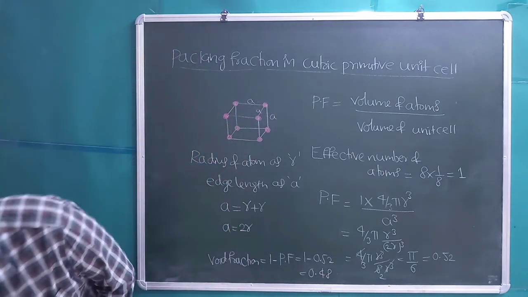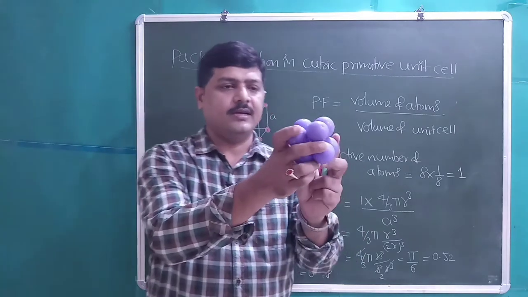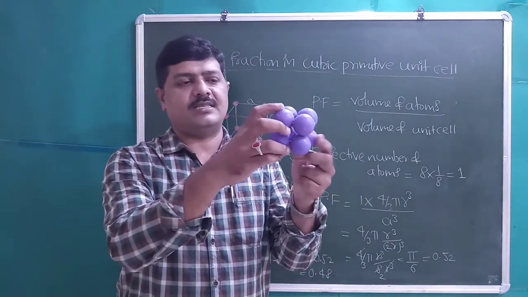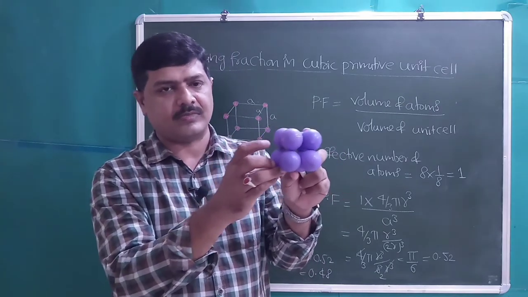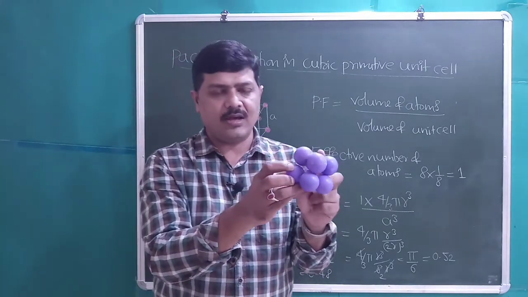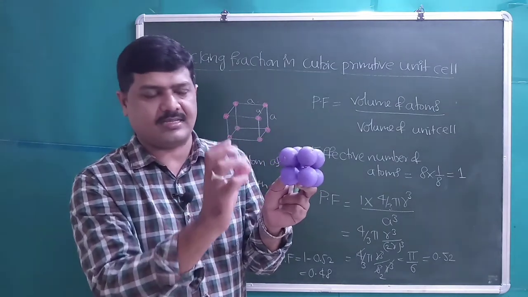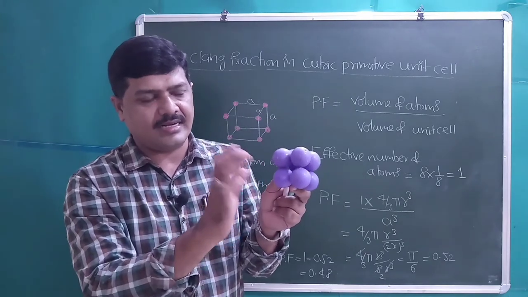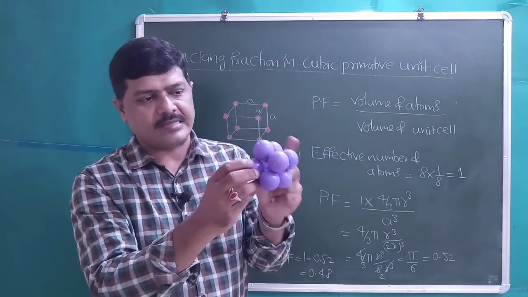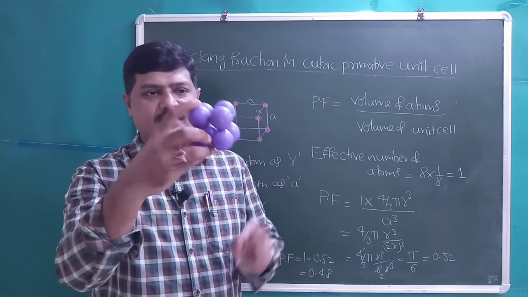Students, the simple cubic unit cell will be like this. Lattice points are present at corners, which is known as a primitive unit cell. Non-primitive means along with the corners, lattice points are also present at other places, right? It may be at a body center, face center, end centers, like that. This is called a primitive cell, which has lattice points only at corners.